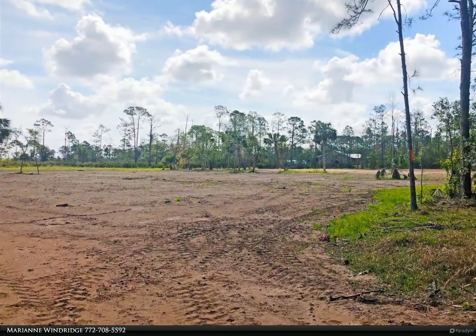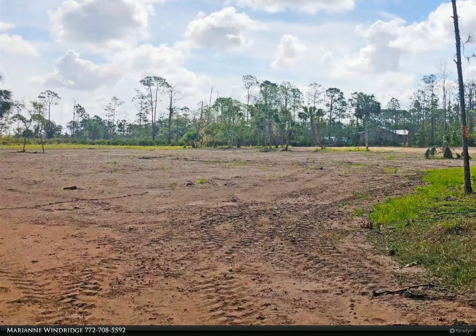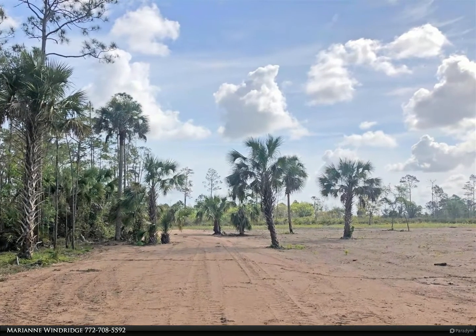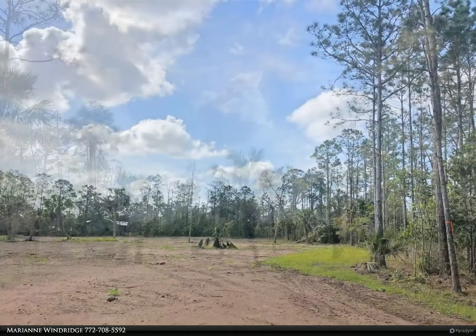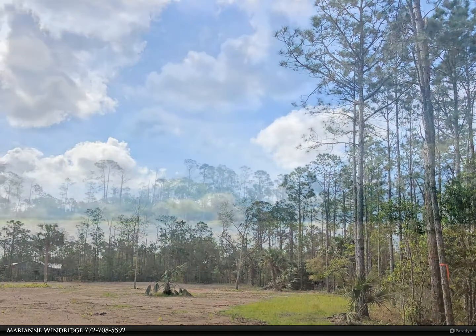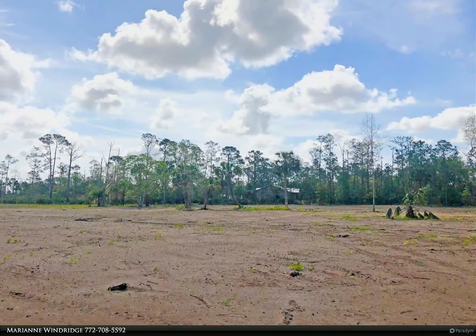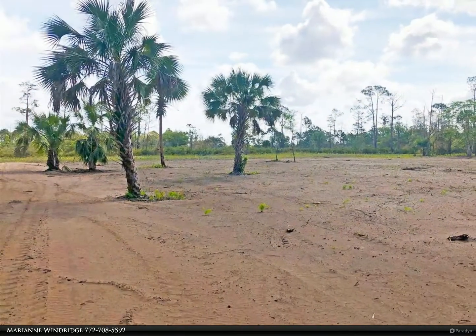Indian Hammock is a gated community of 3,600 acres with about 2,400 acres of preserve. Amenities include a private airport, skeet and trap ranges, 5-stand shooting, NRA certified rifle and pistol range, clubhouse with restaurant, fitness center, heated pool, guest cabins, tennis courts, horse stables, riding arena, and miles of trails to ride. Indian Hammock makes the perfect